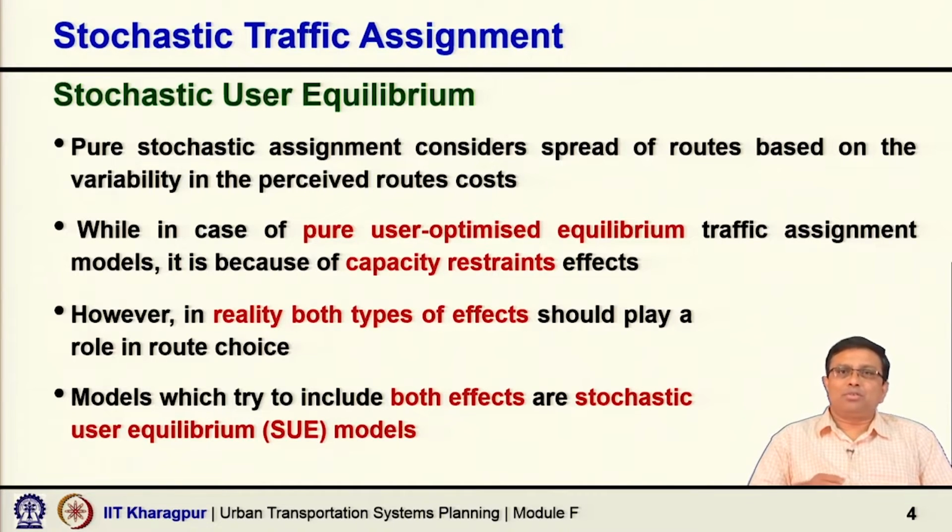So, what is really happening is that in pure user optimal equilibrium, multiple paths are taken because of the capacity and congestion consideration, and in pure stochastic assignment, multiple paths are taken because of the variability in the perceived travel time or travel cost. Now, what is a bit more realistic is to